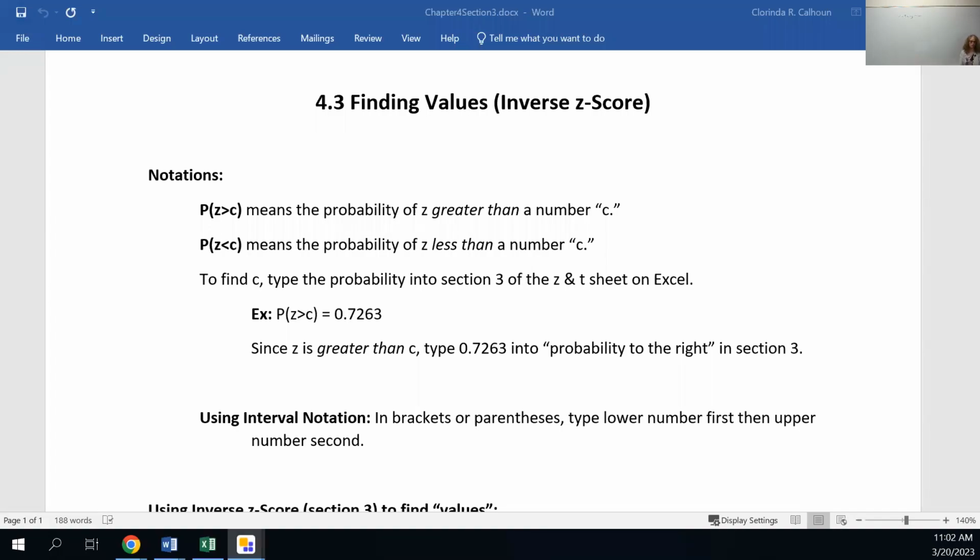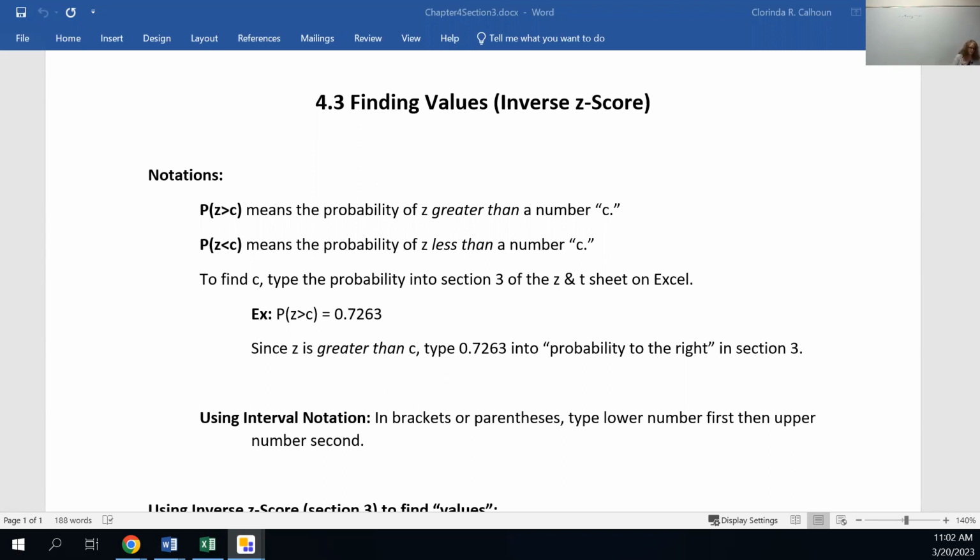And so we are working with finding values, and it is called the inverse z-score because we're taking the z-score and solving it for a different variable instead of z's. So we're actually going to be finding x, finding the values for x in this. So finding values. So if you have notation wise and you want to use a letter, I always use x